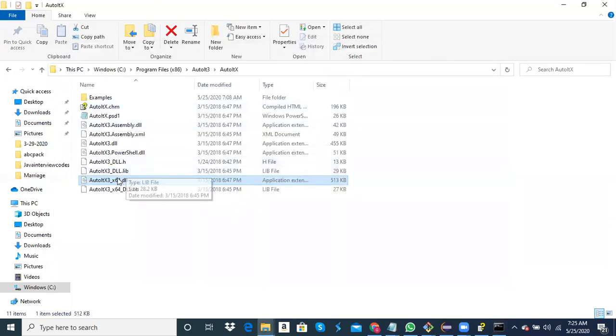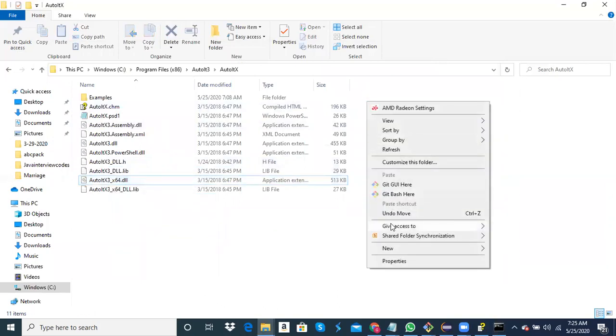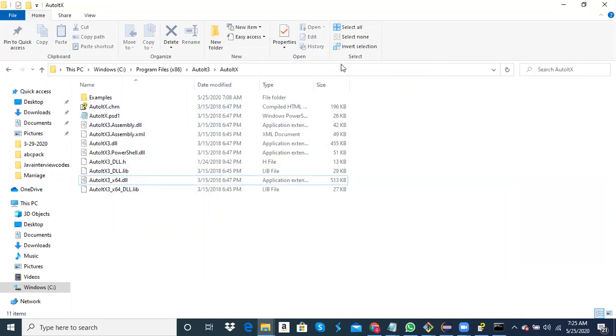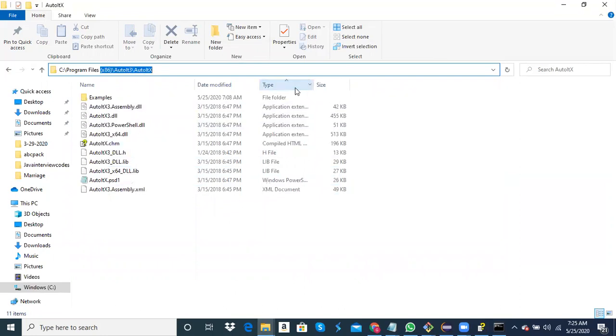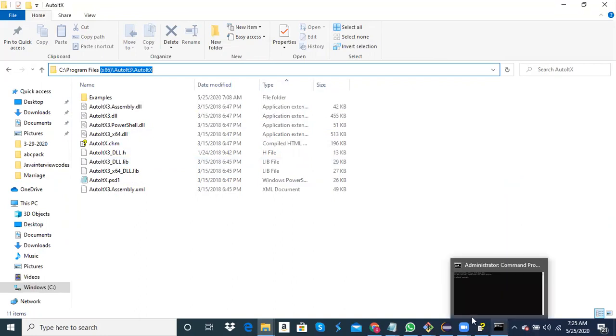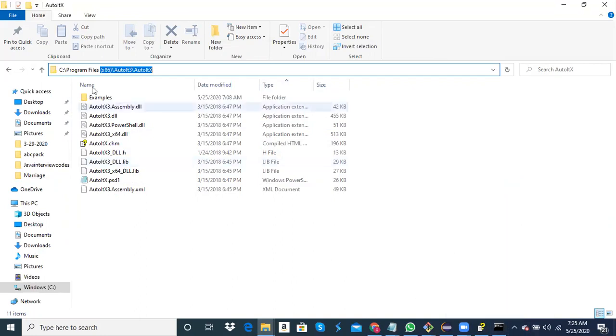Can you copy the path address? No, no, just click on here and then copy. Yeah, copy, and then go to the command prompt and then cd space and give this path.